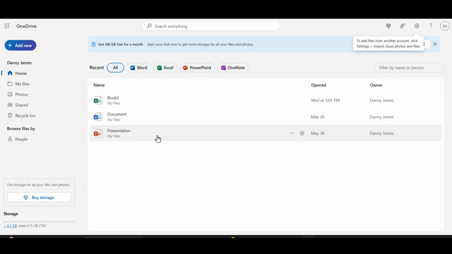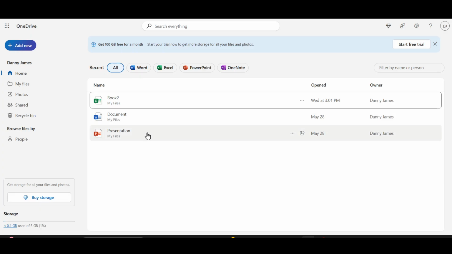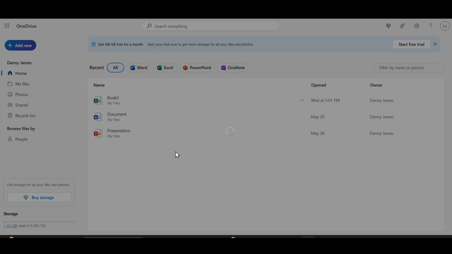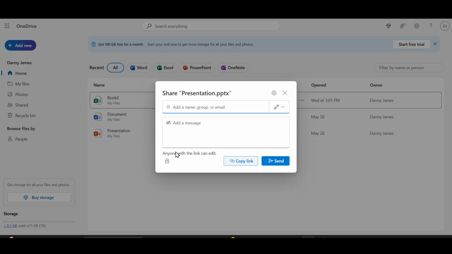So after coming here, you will see all your recent files and folders. And let's say I want to share this one. I will just simply right click here once and then I will click on share. After clicking on share, you can add a name, you can add a group, or you can add an email of a specific person. But if you don't want to send it via email, you can edit and copy a link that will be